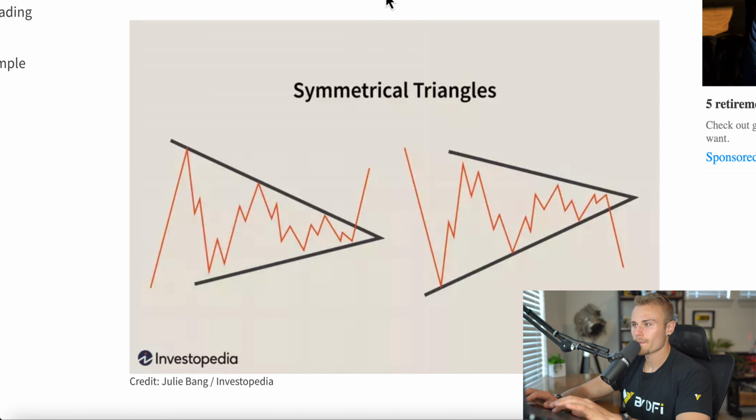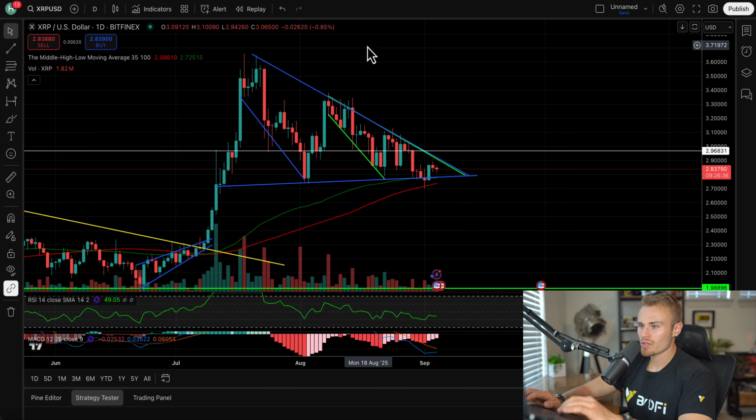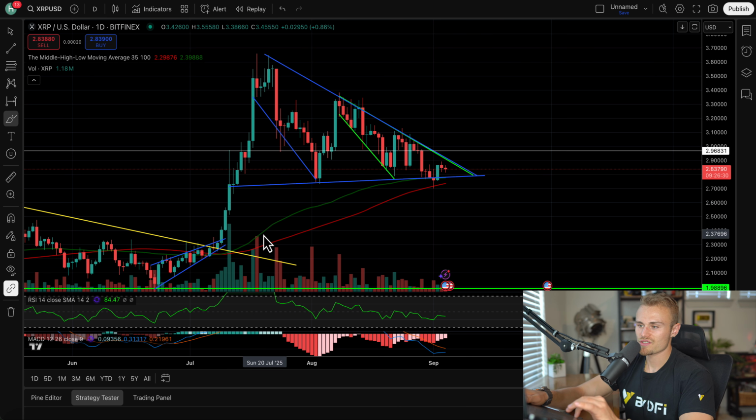If anything, I'd say that's pretty accurate. If anything, it's more of a descending triangle because this is not as sloped upwards as it could be. But regardless, it is certainly bullish if you ask me. And the reason being is we have a very large supporting factor here, which is this moving average